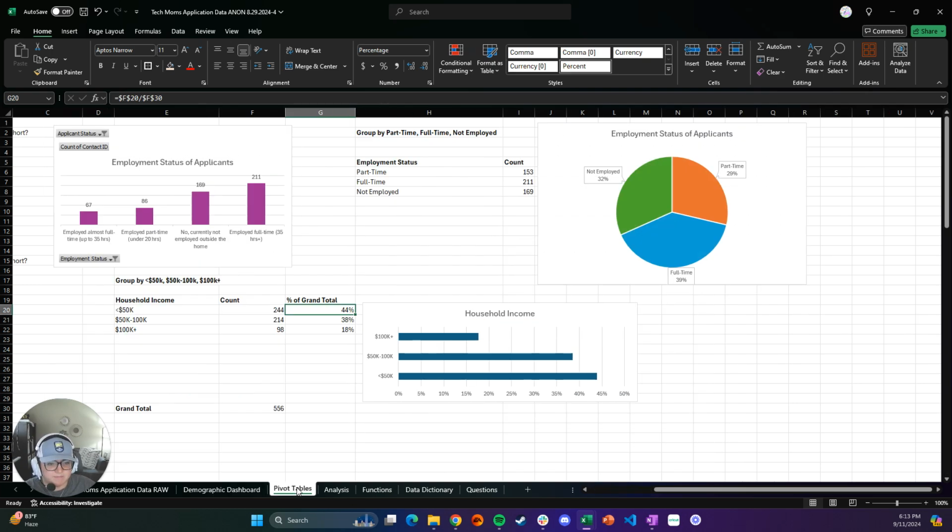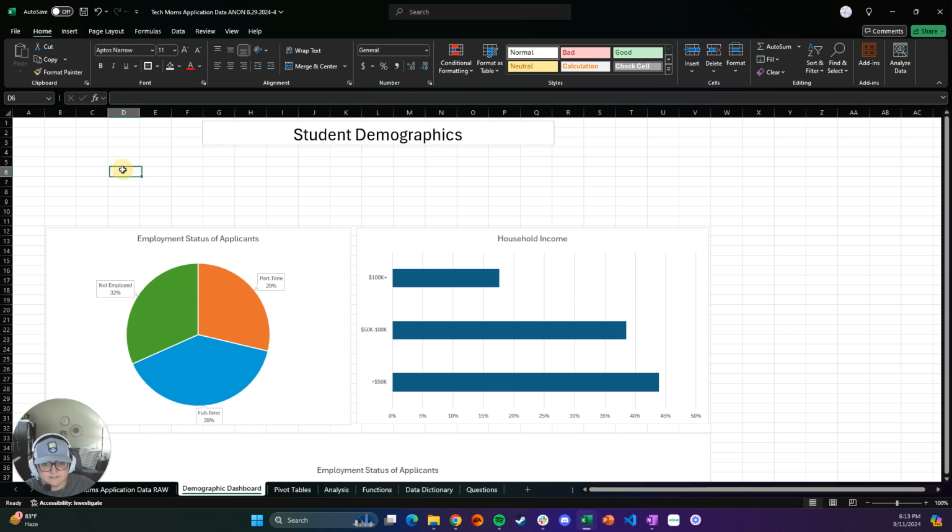So what I'm going to do is pop back over to my pivot tables. And I know that a value that mattered a lot to leadership, for example, was the percent of applicants whose incomes were less than 50K. So this is going to be a really important value that I want to grab. So what I'm going to do is pick somewhere on your table